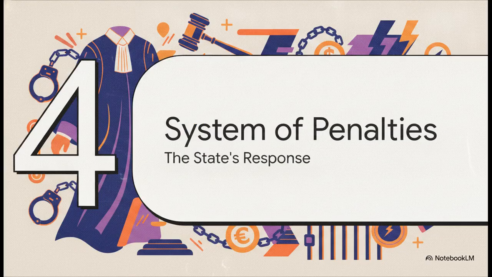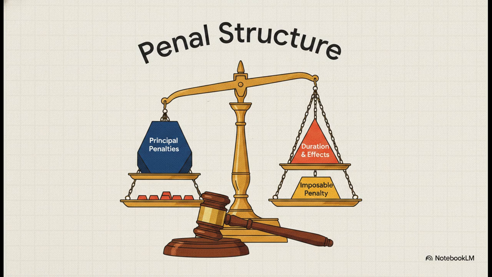That brings us to Section 4, the system of penalties. Once liability is locked in, how does the state actually respond? Well, the courts have to navigate this incredibly intricate classification and graduation system to figure out the exact imposable penalty. They classify penalties into principal and accessory types, weighing everything from the stage of execution to all those modifiers we just talked about. They even factor in preventive imprisonment, which is the time the accused already sat in jail during the trial. And hey, if an offender can't afford to pay a mandated fine, they might be looking at a subsidiary penalty of even more jail time.